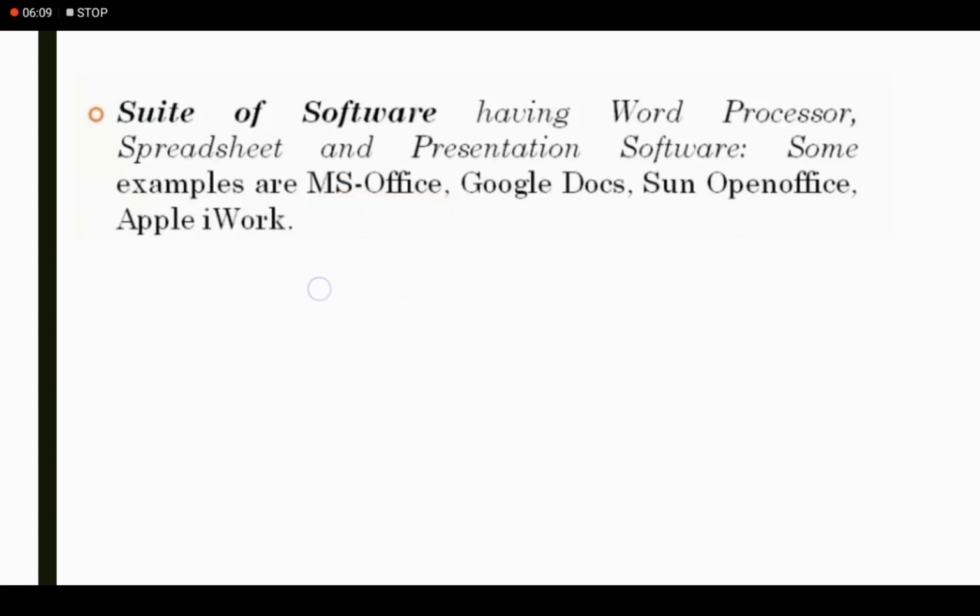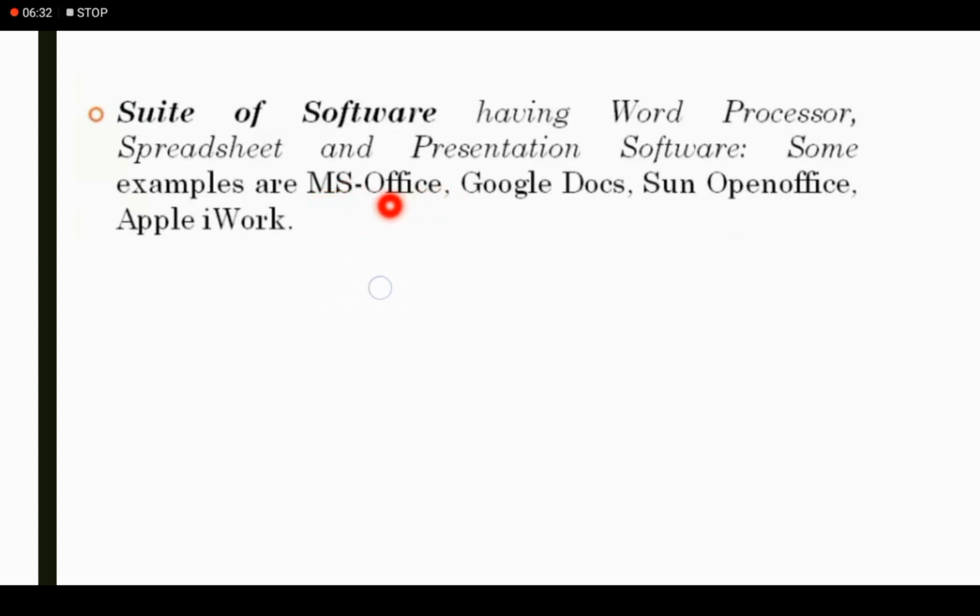If we want to use MS Word, MS Excel, MS PowerPoint, MS Access, MS Outlook, any application of Microsoft, we have to install one software, which is Microsoft Office.